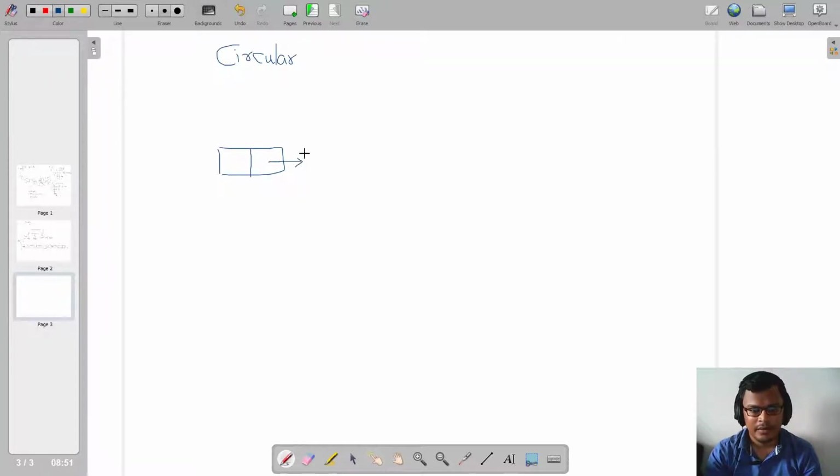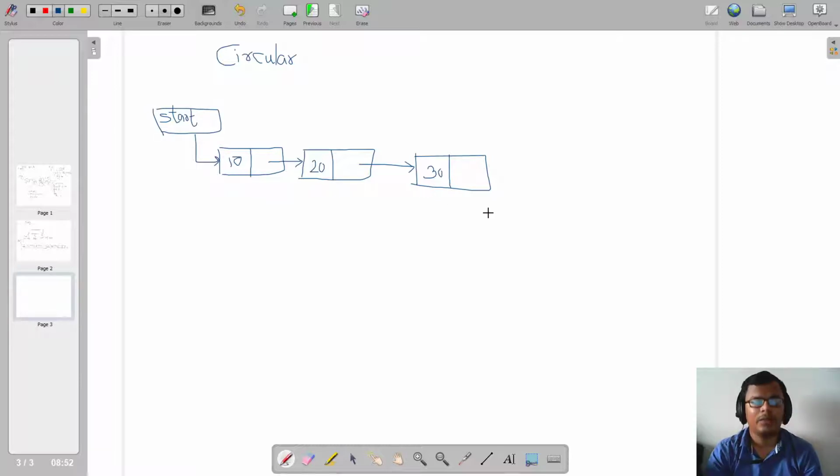So I'll have nodes with data and link. This is my first node, this is my second node, this is my third node. Suppose I am having 3 nodes in my circular linked list. I have an external reference pointer, start, which is pointing to the first node of my linked list.